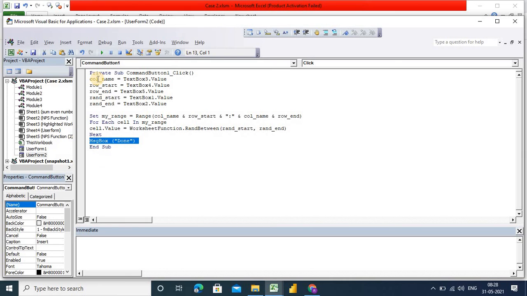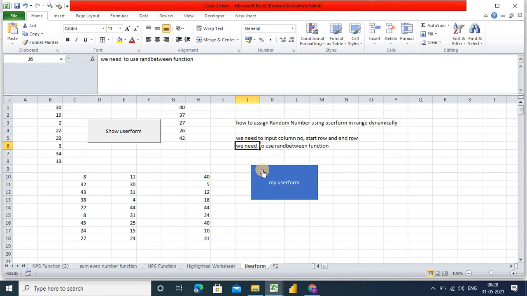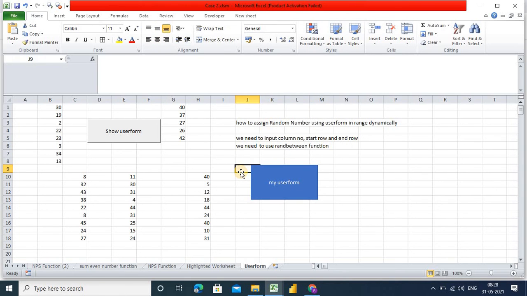Okay, and once it's done, after that you will get the message box, and after that create the module here, my function, and call this user form to show using this module. And once that's done, create the shapes and simply assign the macro, and you're done, and all your work is done.